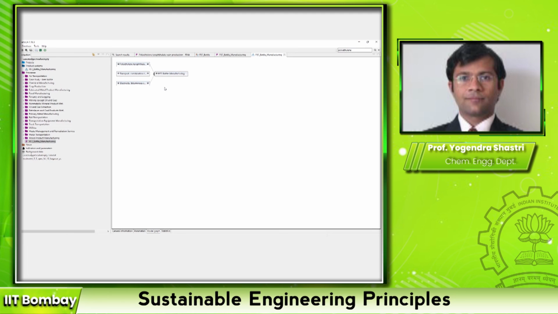Any questions on this? Sir, if our objective is not to consider upstream processes, then we will select unit process? Yes. And in that case, the first option that we selected is not relevant because we are not considering that impact anyway. Yes, yes. So let me actually show that.